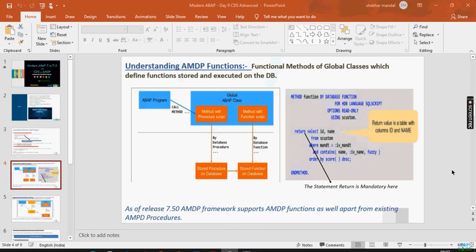Any idea? Stored procedure, yes. Yes, stored procedure. Now, in terms of AMDP functions, it will not create a stored procedure because if you see here,